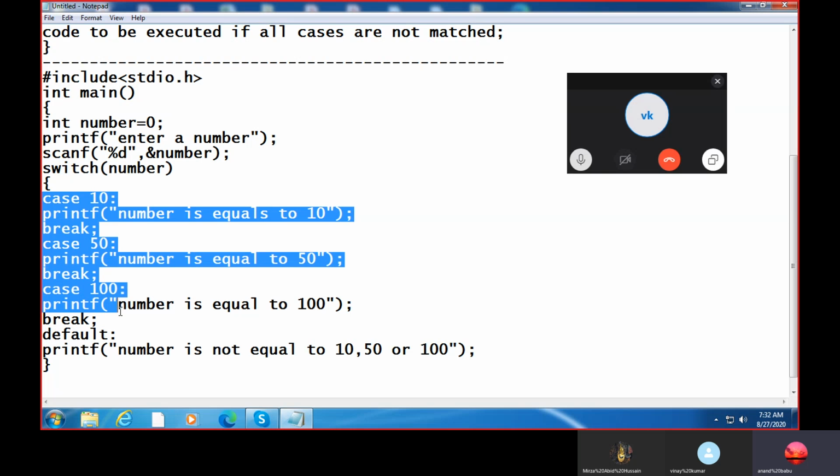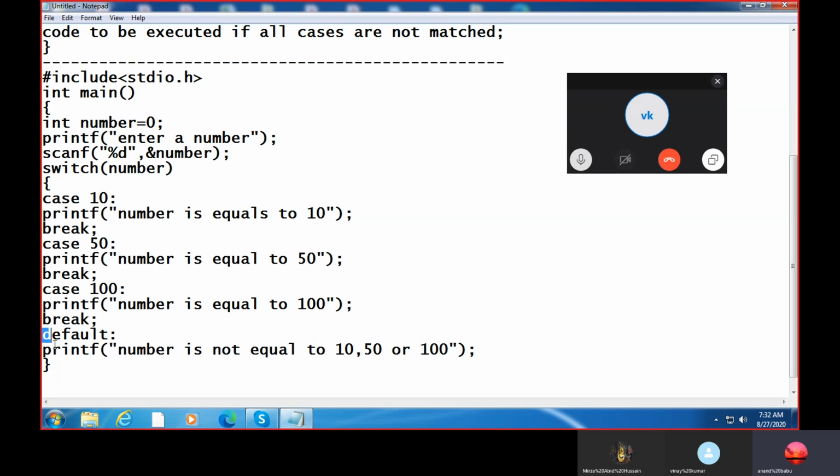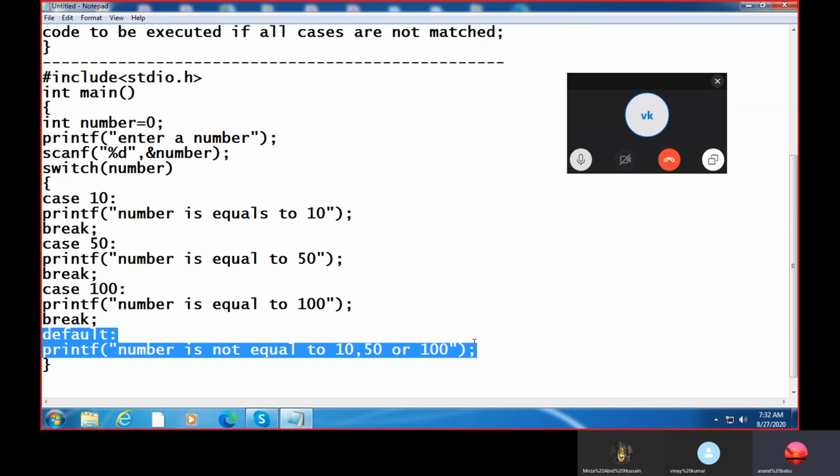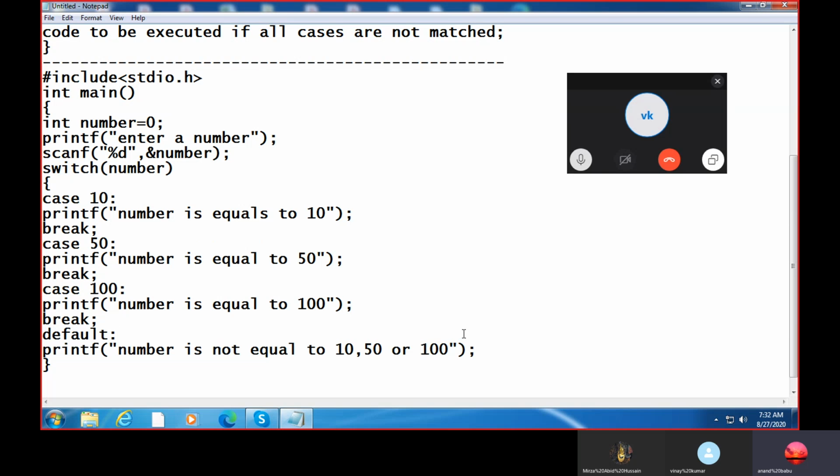See, these cases are just like if conditions, and this is just like the else condition. That's why switch is an alternative for if else. Okay. So this is about the switch statement, and next we'll see. If you want to, you practice this program. And next we have loops.